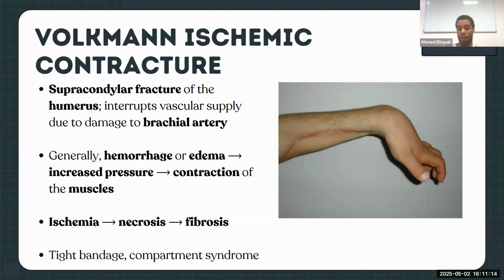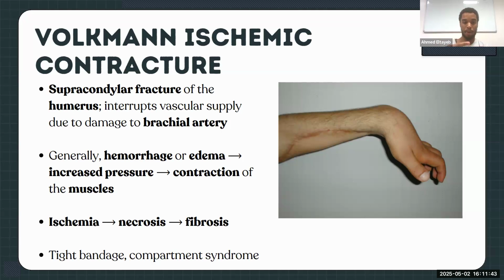So we have a landmark in the humerus, the condyle, and when you have a fracture above the condyle, we call it a supracondylar fracture. Now the brachial artery is very intimate with the condyle, and when you have a supracondylar fracture, you damage the brachial artery. Because you damage the brachial artery, it would generally lead to hemorrhage, and this hemorrhage increases the pressure of the